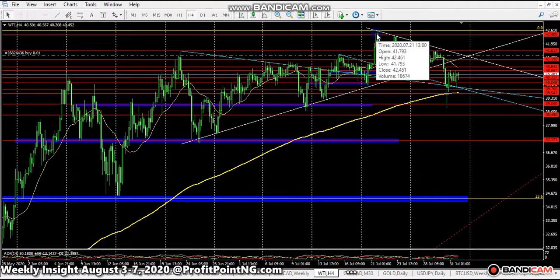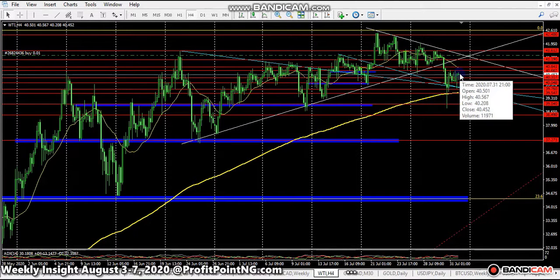Now, from that point in July, the second week of July, it has entered into a movement which you call the bullish flag movement. This can be seen from the lower highs and lower lows that have formed here, that are being confined inside a channel. And so far so good, there has not been a time that it was able to close below that channel. Therefore, in my opinion, I believe this is still a bullish movement because it's a bullish flag.